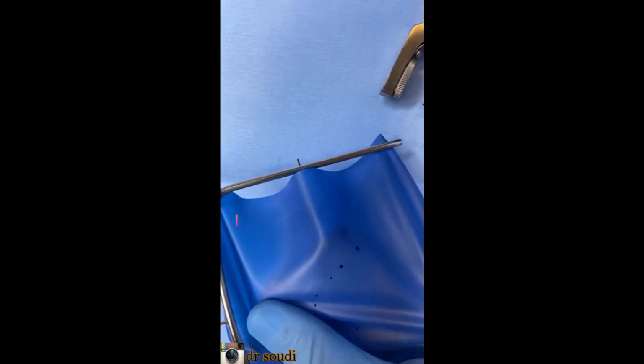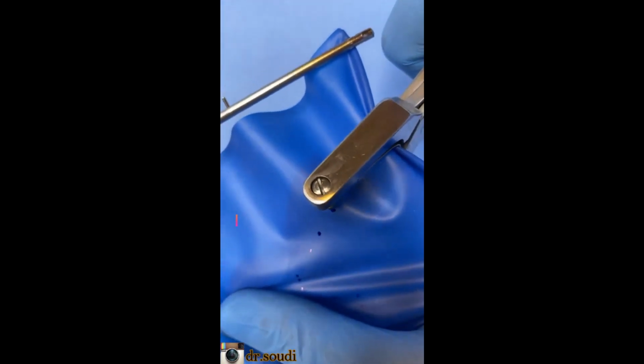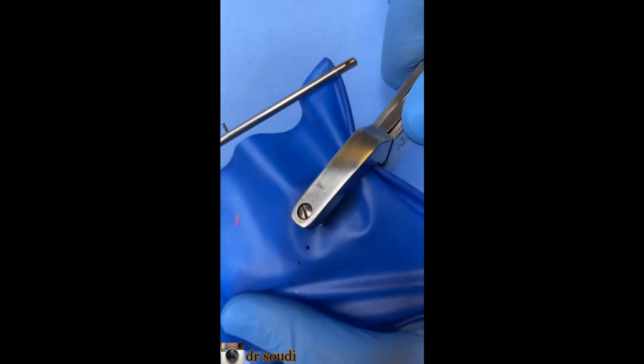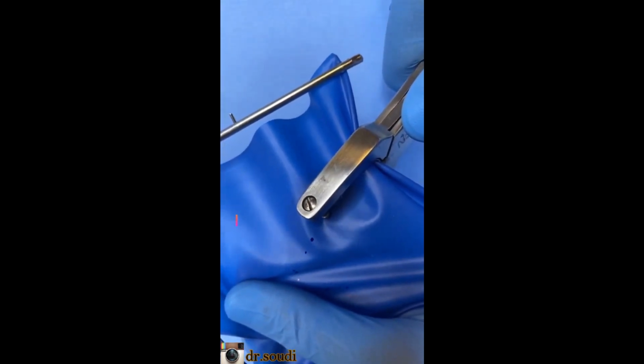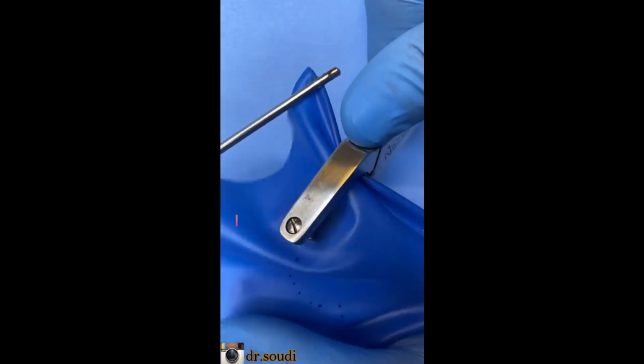Okay, first we will choose the hole size. I will use this one. Okay, this is the sheet. For punching, I will do like this, and don't elevate or don't release your hand until you hear this sound. Okay,